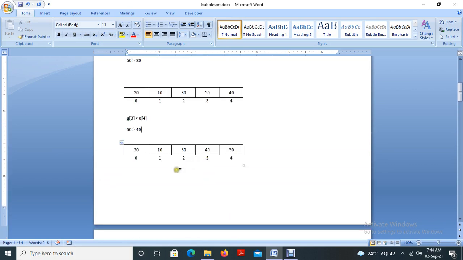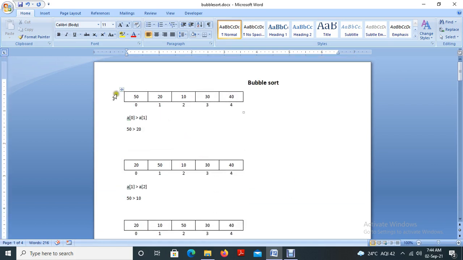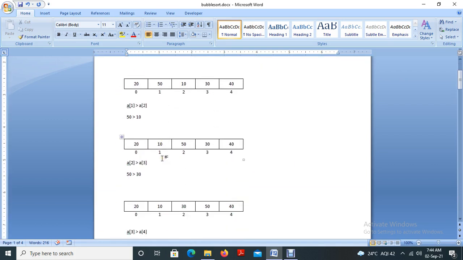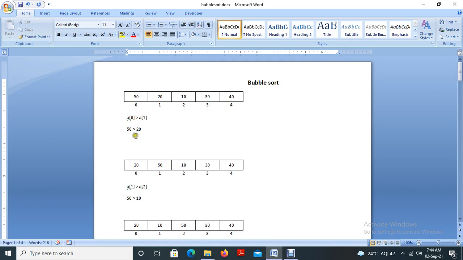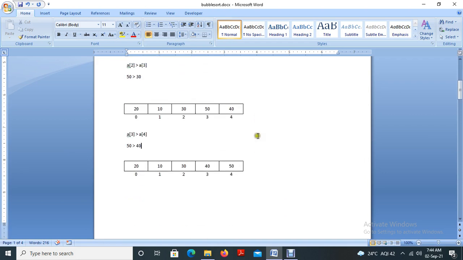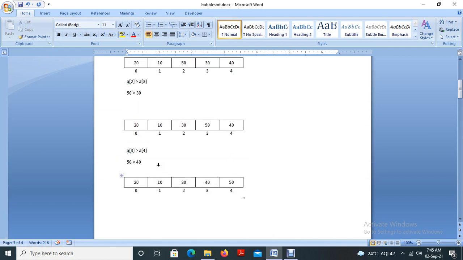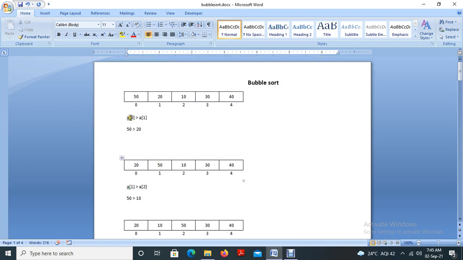Okay, this is the first iteration from 0 to 4. Inside this first iteration, this much of process is there. We have to compare A0 to A1, then A1 to A2. That thing I am not writing now. I am writing only the iterations, the total number of iterations. So for that I did this. Next we are going to write the individual comparison process.